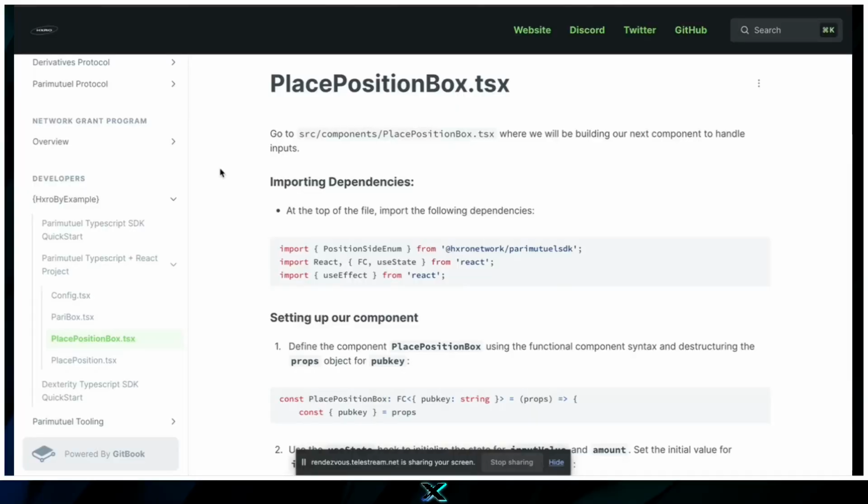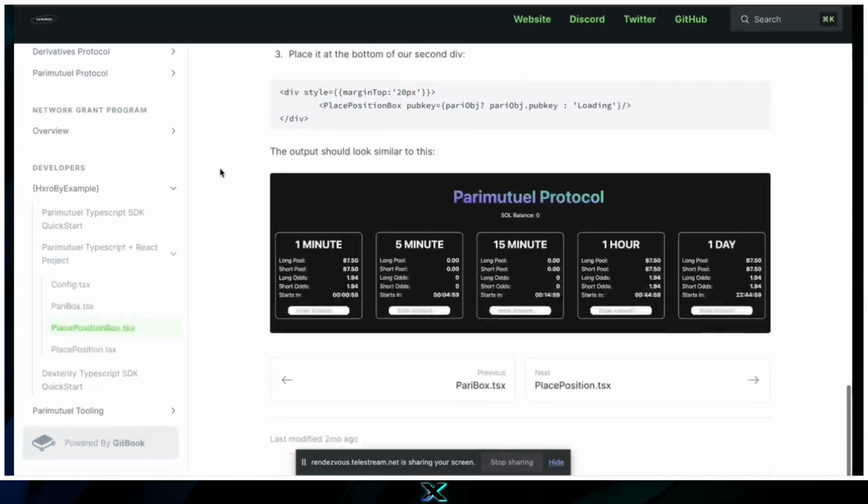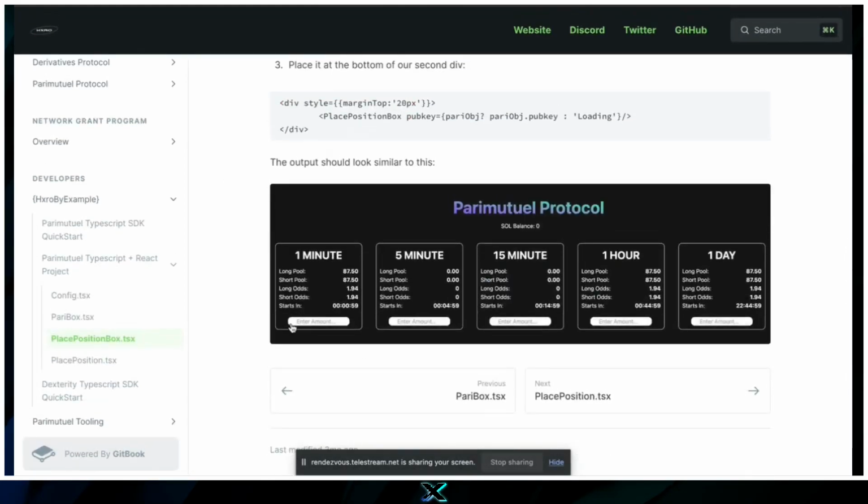All right, guys. So now we'll start with our place position box. So what is the place position box exactly? It's this little box down here that we're gonna have. Right now at the moment you are not seeing the actual buttons in there, but it's gonna be holding as well our actual place trade button. So if you want to place a long position, they're gonna have that button right there. And if they want to do a short position, it's gonna have that button right there,